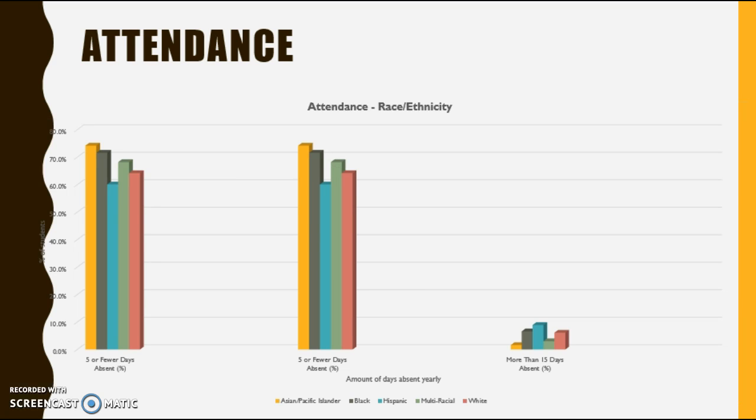Let's look at the race breakdown of this. Now, what's interesting to me here is that Hispanic students, even though they're our second largest race and ethnicity, are not missing as much school as I thought, and they're missing less school than everyone else. And I think, again, this is where the low SES student population comes in. Many of those students depend on receiving breakfast and lunch at school, and we even offer an after-school snack program, so I think that it's really important that they come to school.